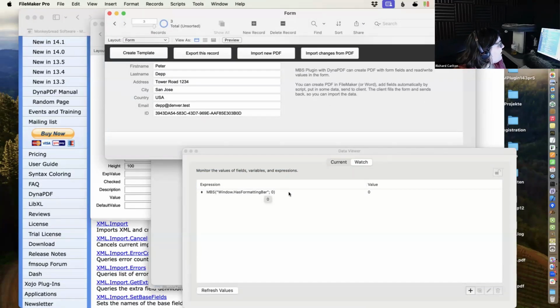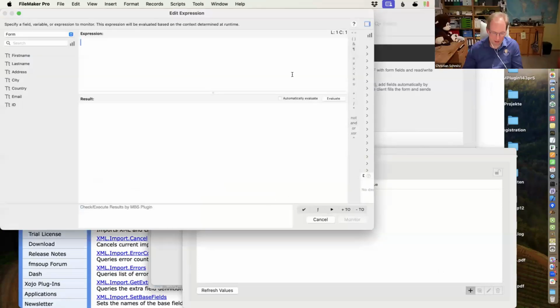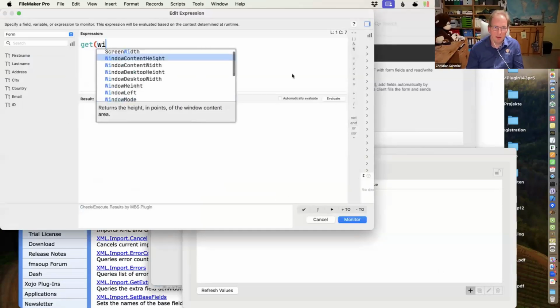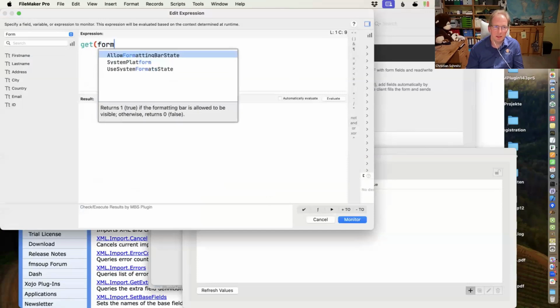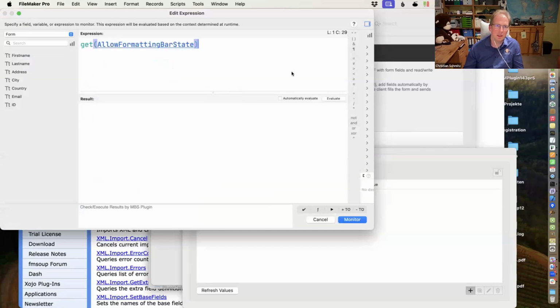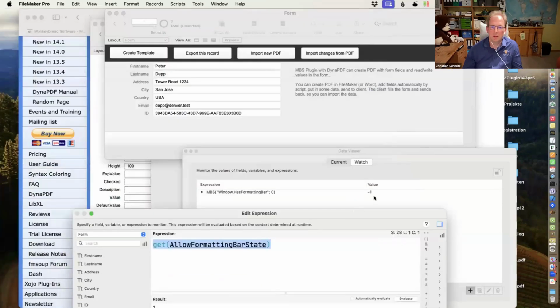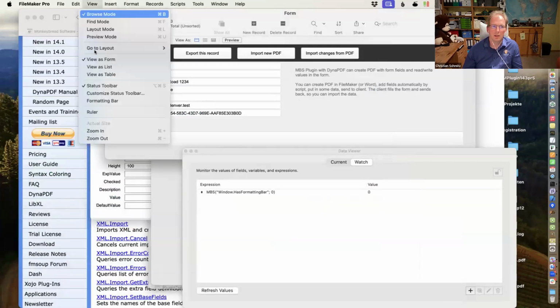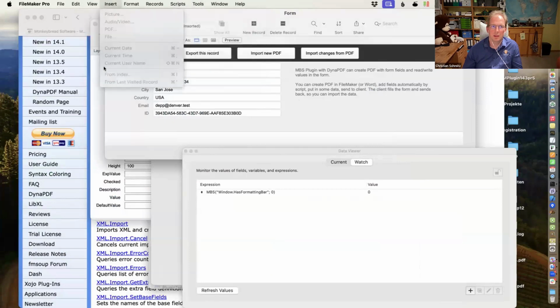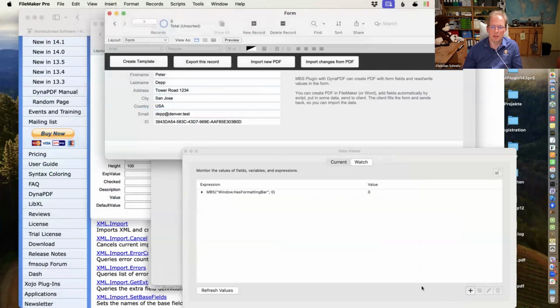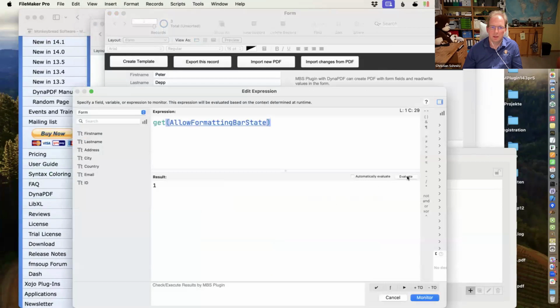We always have to enable the formatting bar in a billion of our scripts, because it gets tossed off. There is an allow formatting bar config, but it doesn't really tell you if it's there. This is 1, and this says whether it's allowed.